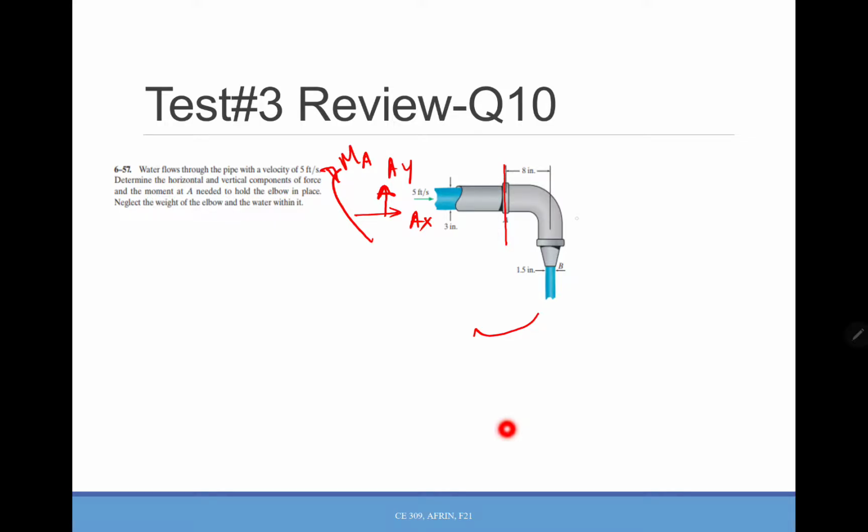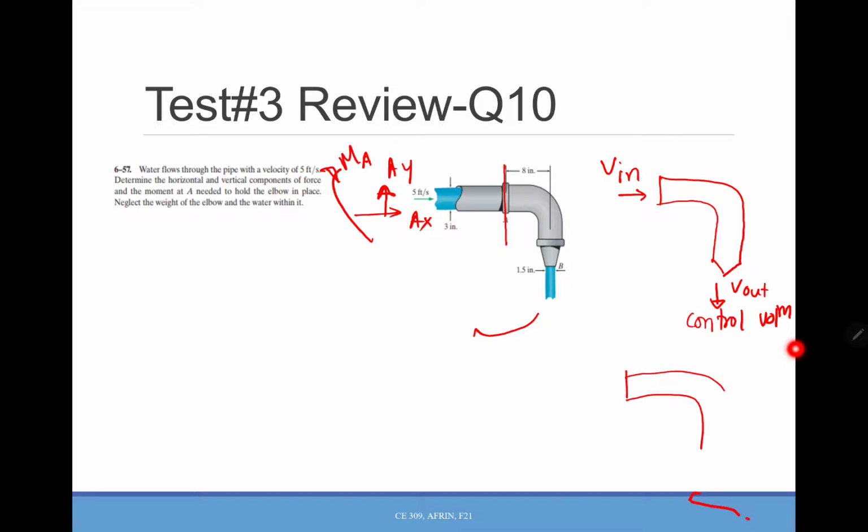At this point we need to find the pressure also, and after that we can draw the free body diagram. So at first, draw the control volume here. Water is coming in here and coming out here. One thing that is good about this problem is we don't need to take any components because everything is in either the x or y direction. So V in, V out, and if you want to do the free body diagram,